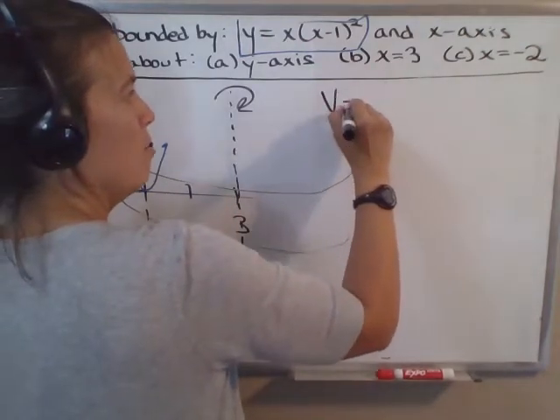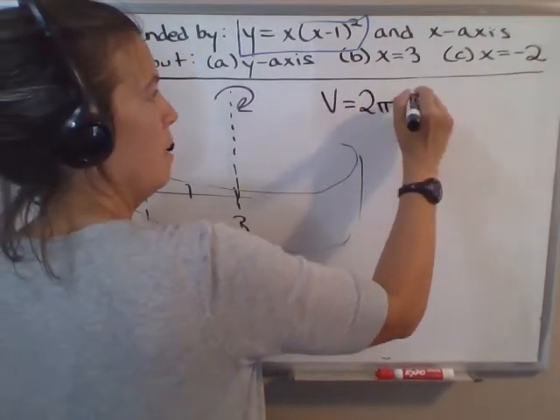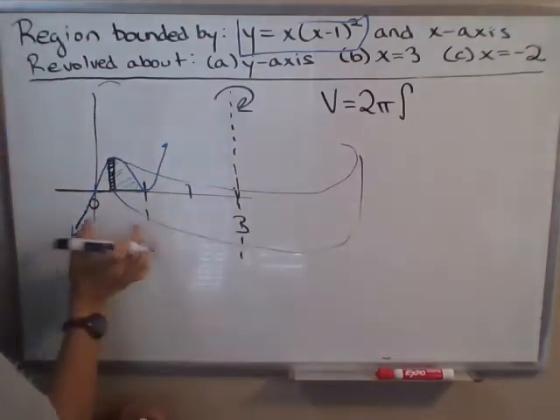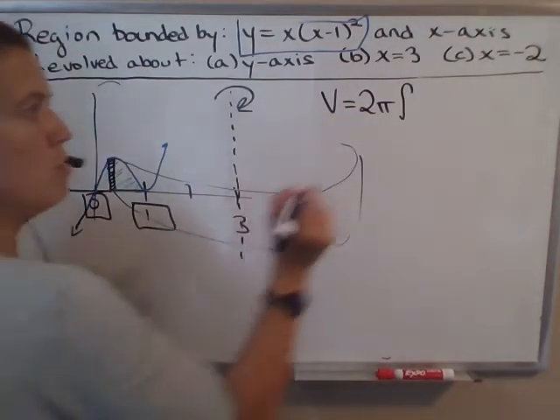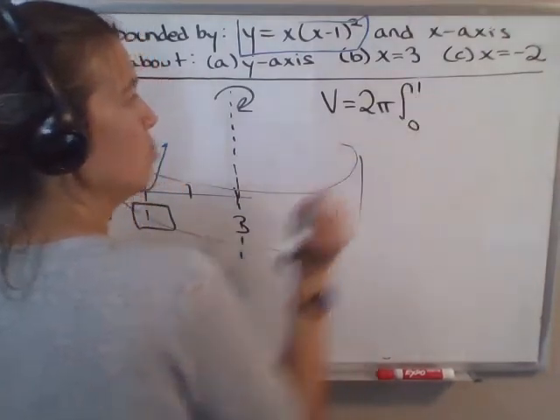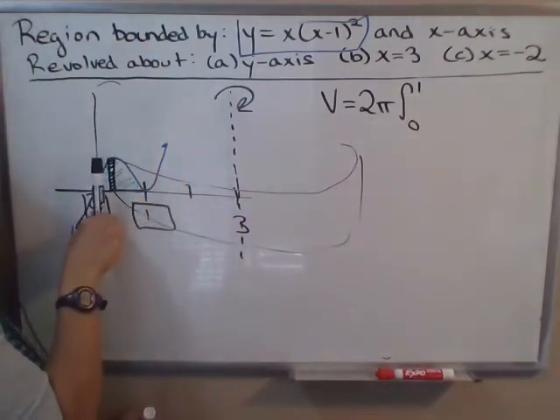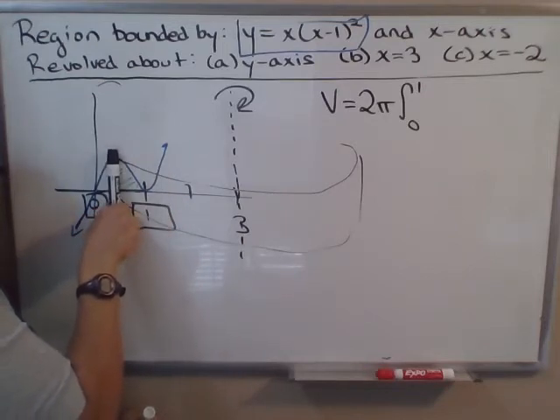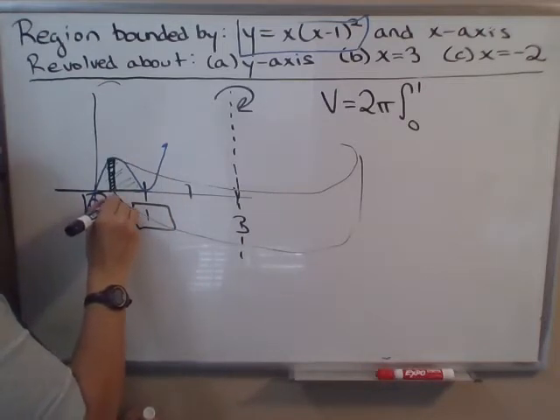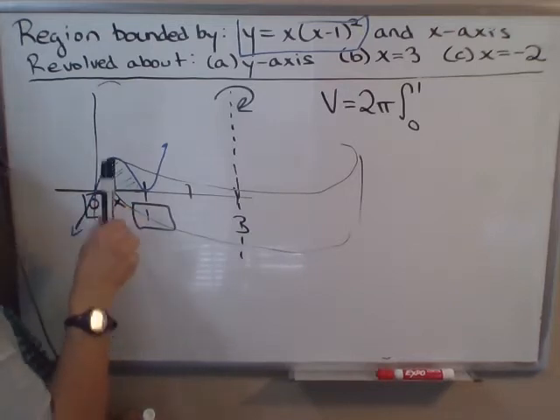So shell method volume equals 2 pi integral from, we're still integrating from 0 to 1. This region just corresponds to x values between 0 and 1. And so when you set up those limits of integration, imagine you're allowing this rectangle to slide through the region. And with each position of the rectangle, which we're going to call the position of the rectangle x, with each